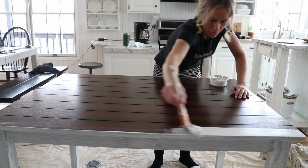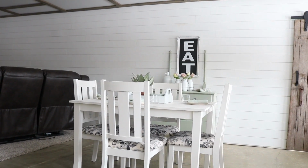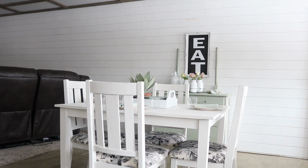I'm out here in the Etsy shop in case you don't recognize where I'm at, and I'm actually sitting at the table that I had redone this winter. You may remember it from a video that was called a dining room challenge video, and I had so much fun doing it, but I can't believe I actually haven't done anything more with it. It's just been sitting here ever since I set it up. I've been so busy, guys. I don't know where time gets to, but I know we're all busy. We all have the same amount of time. I'm not complaining, but it just seems I don't get around to getting everything done that I want to, but